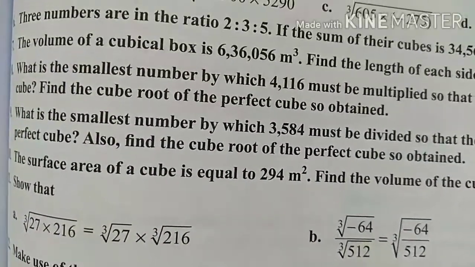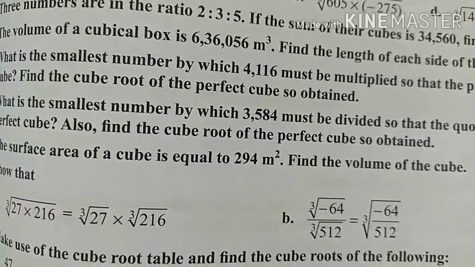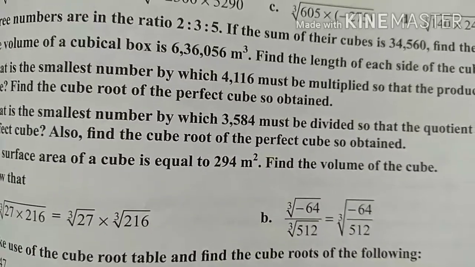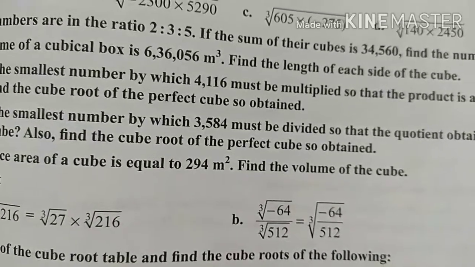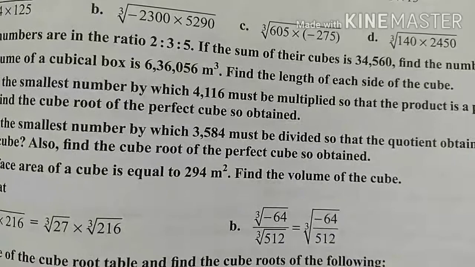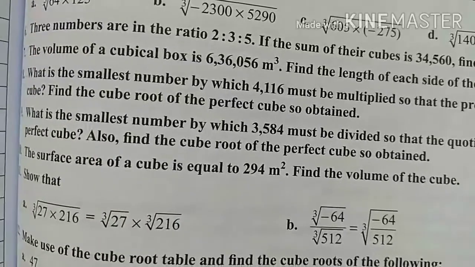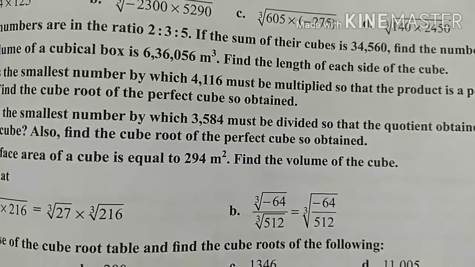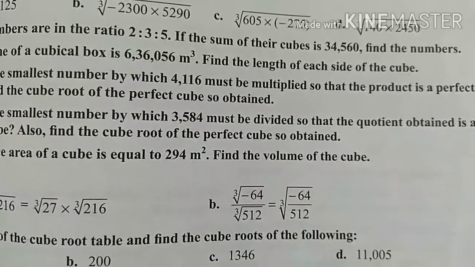In this case, find the numbers which are not in the form of a triplet and divide by those numbers, so that the remaining value is in the form of a triplet. Okay, so finally you'll get the numbers which are in the form of a triplet, so you'll get the answer. Similar to question number 8. In question number 8, we had to multiply the number to make the triplet, and now in question number 9, we have to divide the number to cancel the numbers which are not in the form of a triplet.